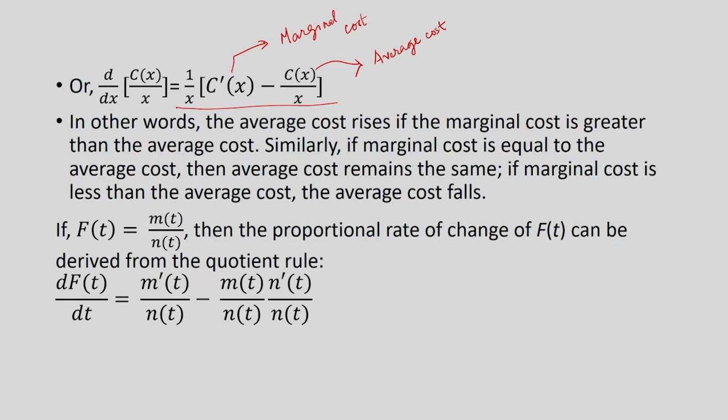Right. So, d/dx of the average cost is equal to 1 divided by x multiplied by marginal cost minus the average cost. So, if it is